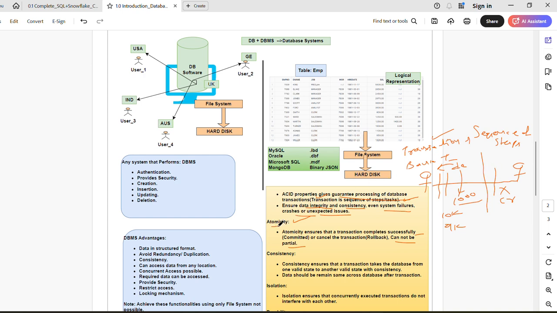So what atomicity makes sure is that the entire transaction should be completed. It cannot be partially completed. Why? Because if the amount is deducted from here but not credited here, this customer will raise a request. If the same amount is not returned, he will raise a request, and people will resolve it. But before that,